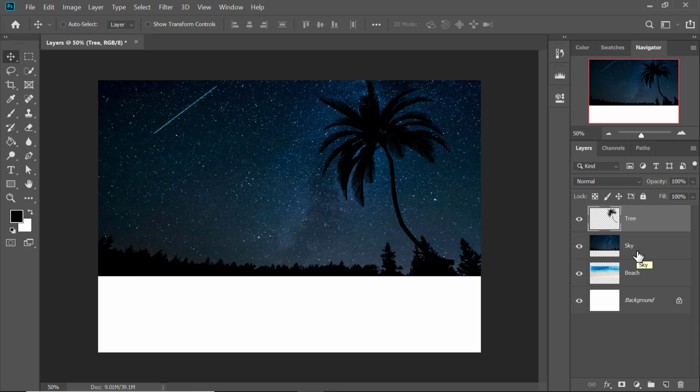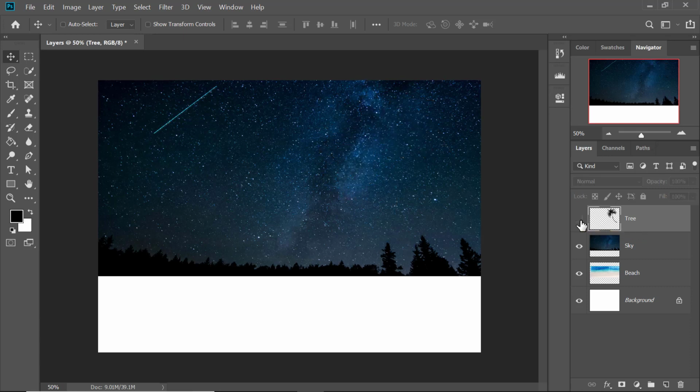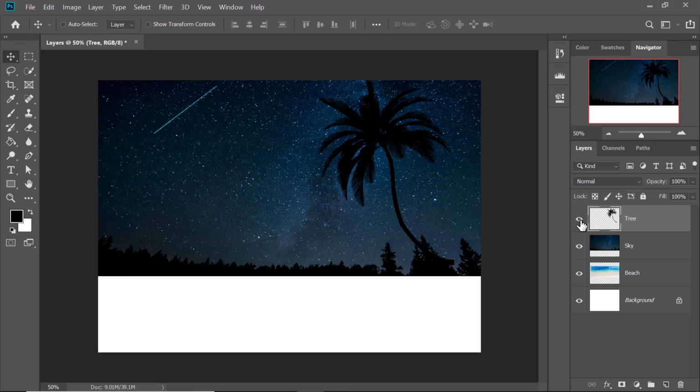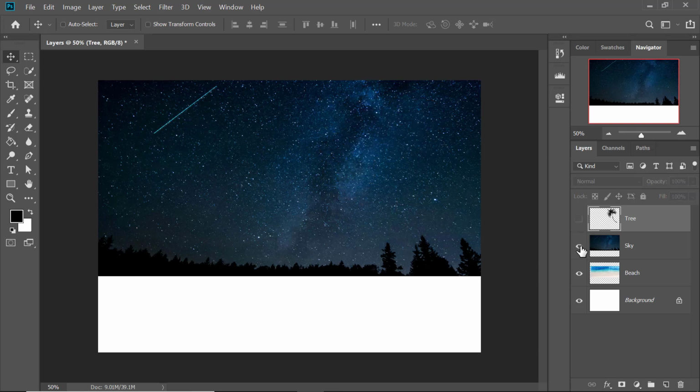So right now you can see I can only see my tree image and my sky image. I cannot see my beach image. To see my beach image, I need to hide the other 2 images. To do that, you can see in the layers panel, you can see this eyeball icon. If I click on that, it will hide my tree layer, and if I click on it again, it will show my tree layer. In this case, I would like to hide my tree layer and my sky layer,